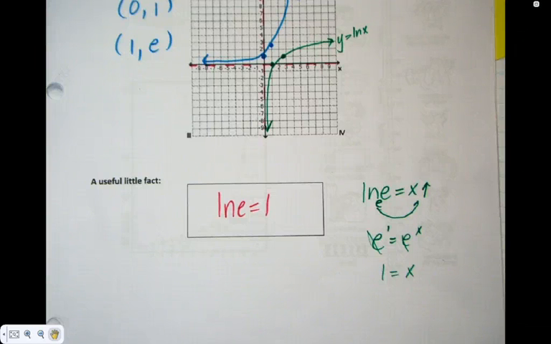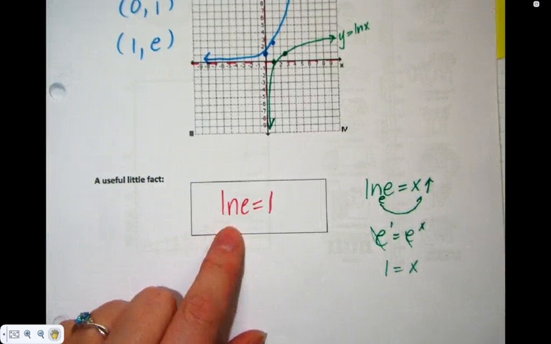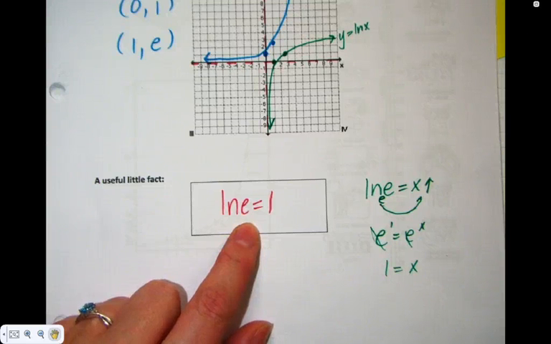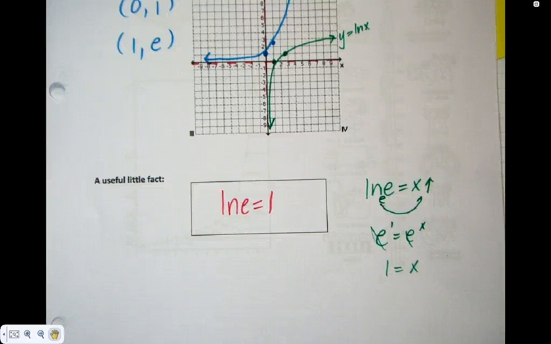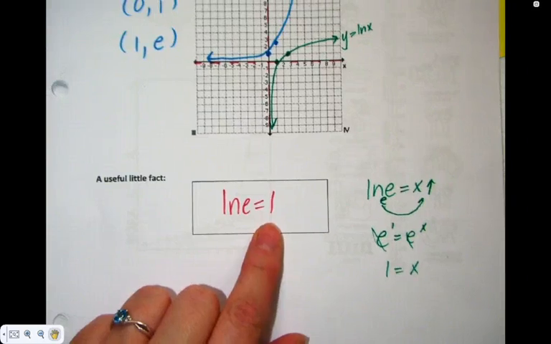Prove it on your calculator. So put ln and then put e and see what it's equal to. When you think about it, that's kind of weird, so you're taking a log with a base of 2.718 and evaluating 2.718, and really those are irrational numbers, so they go on forever and ever, and all that comes out to be 1. How does that happen?